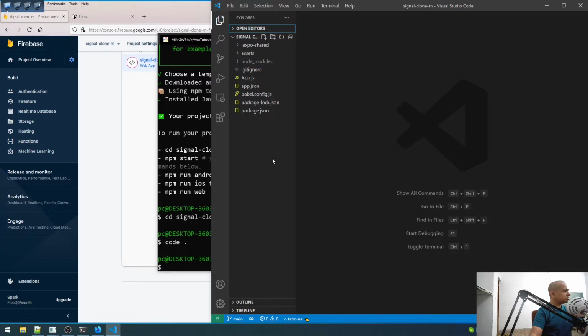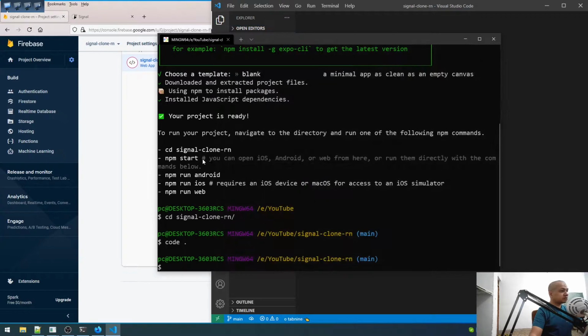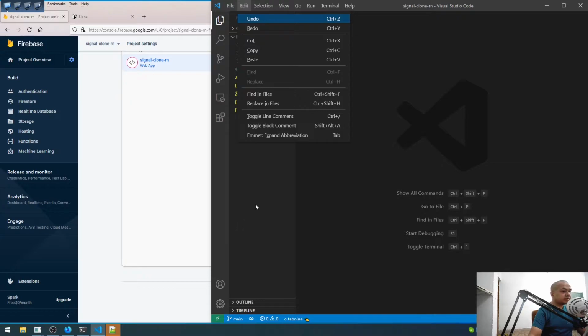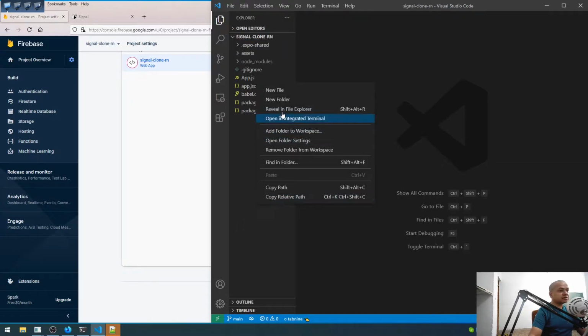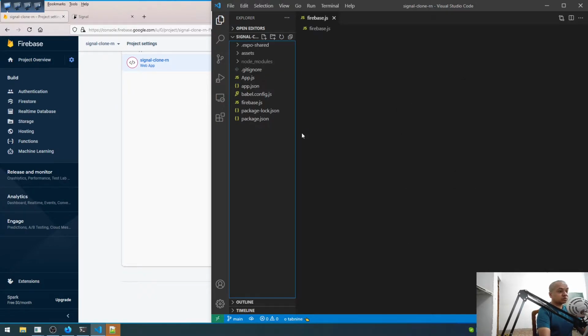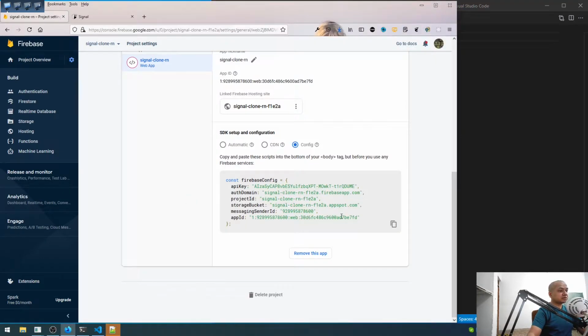So let us create that Firebase thing which we have just done. We will create a firebase.js file here, although we are not going to use it so soon, but we will create a firebase.js file here, and copy